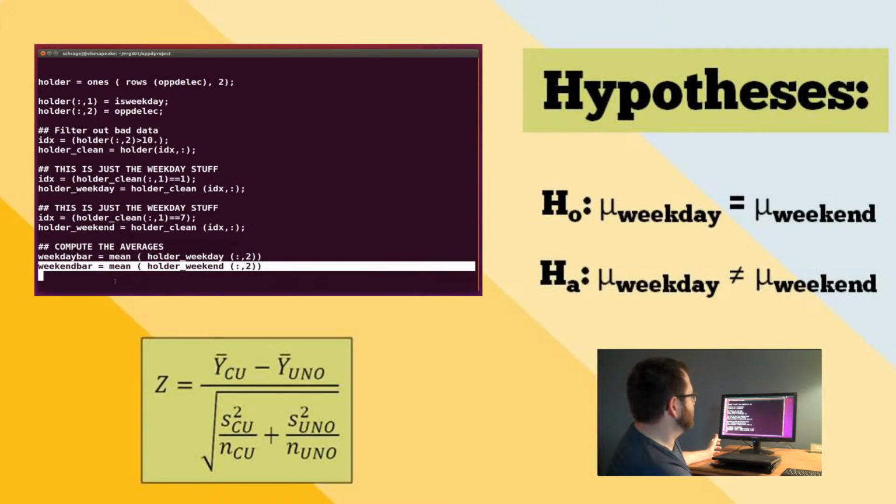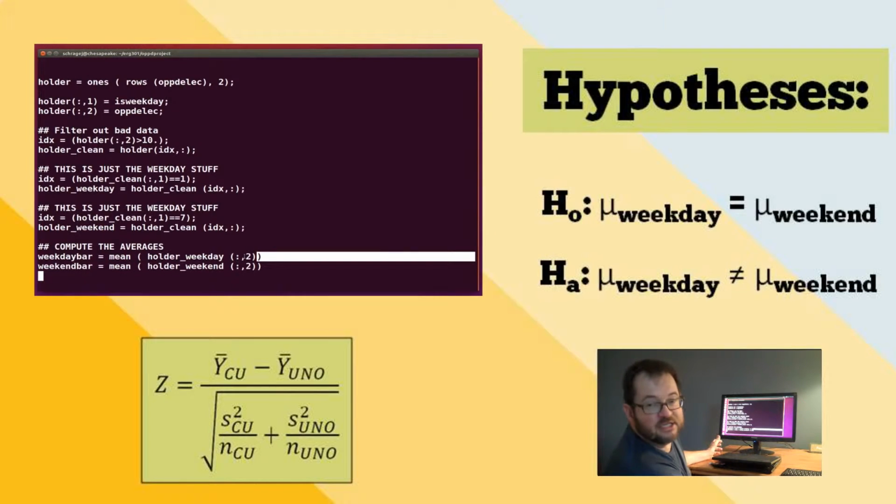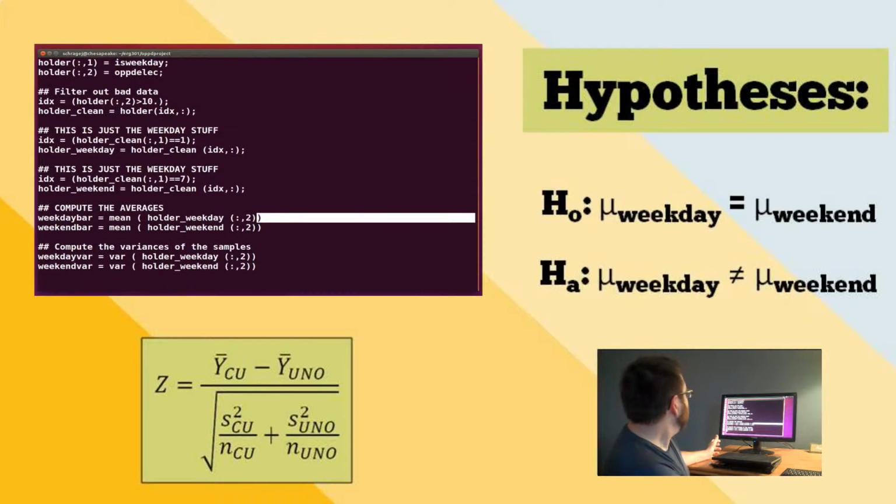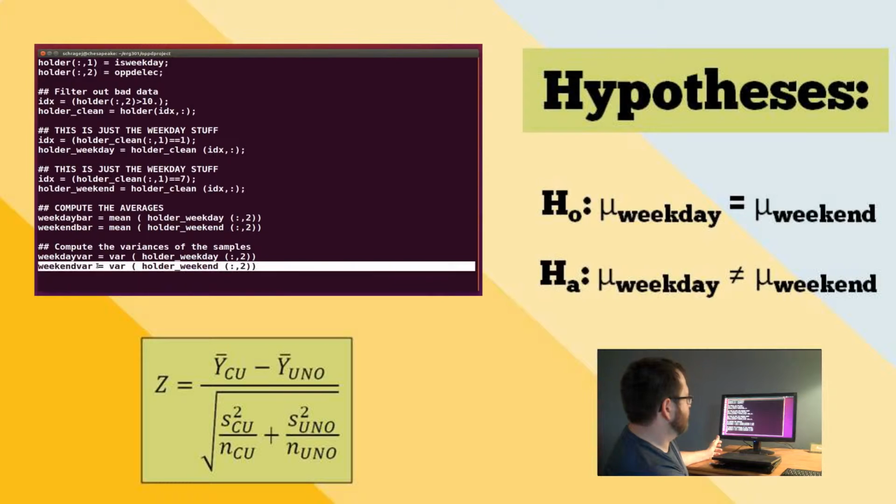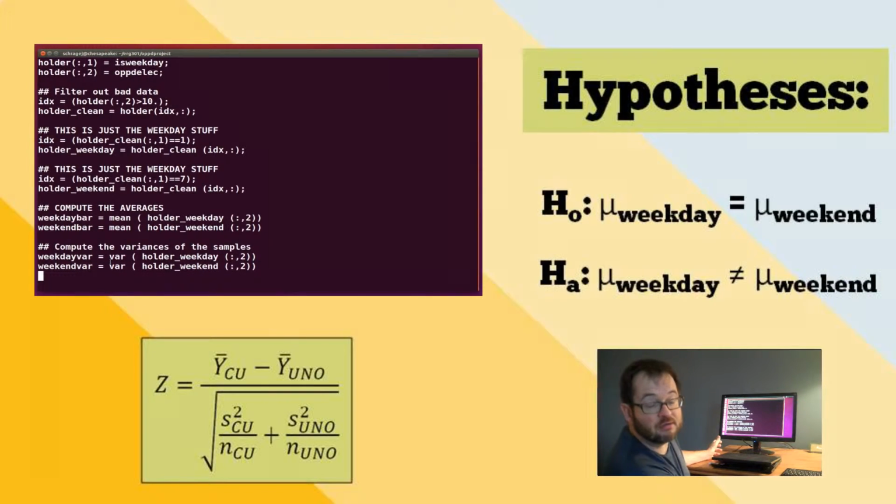For weekdays, and I did the same thing for weekends. So now these are just two numbers, and it'll be printing them to the screen because I don't have a semicolon at the end of this line. And then I'm going to compute the variances of the samples, because that's in there, and I called it weekday var and weekend var, and you can see that they're just the variance, the sample variance, which is var in Octave, of the column 2, which is where the electrical load data in megawatts is stored for weekends and for